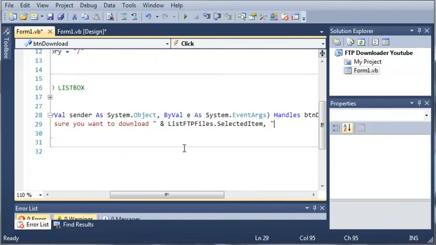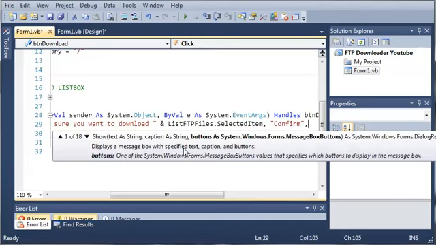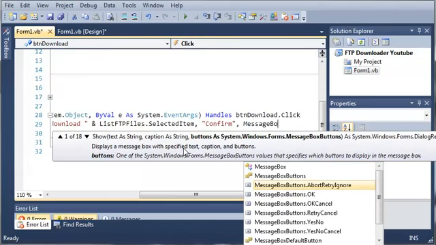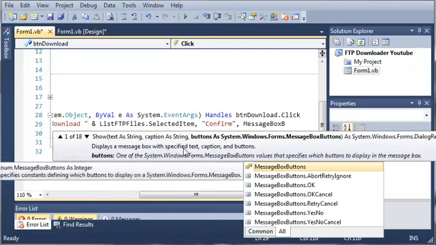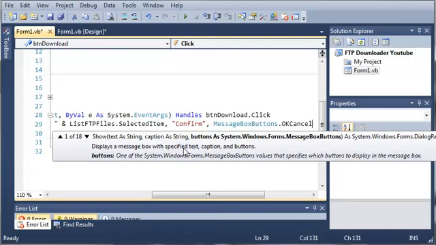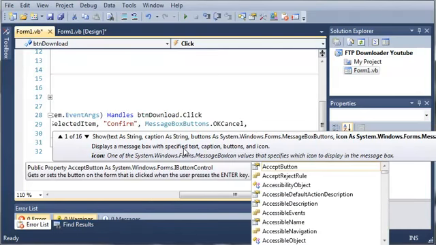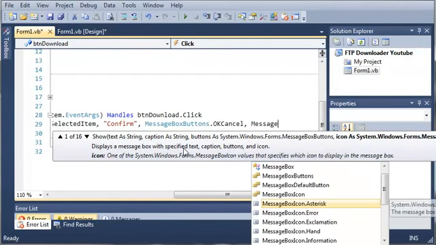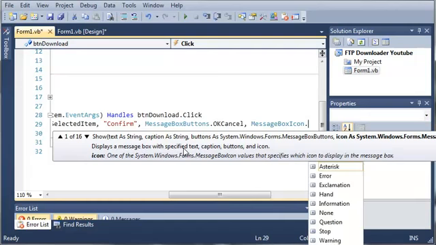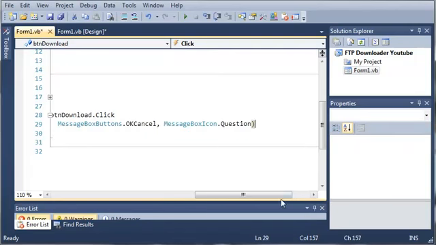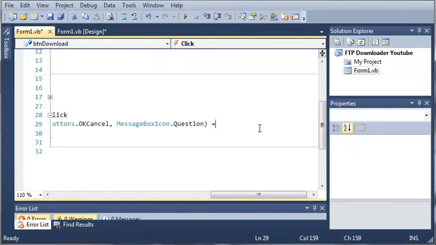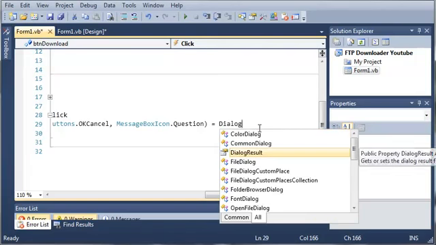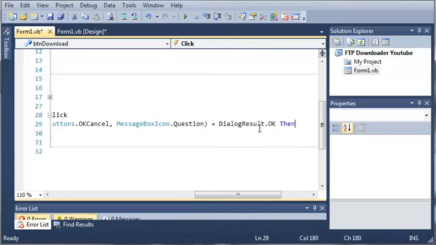And for the title, let's just say Confirm, and then we'll do MessageBoxButtons.OK and Cancel, so they can press OK or cancel the download. And for the icon, we'll just do MessageBoxIcons dot, and let's do a question. Okay, so if this message box is equal to, so if it equals DialogResult.OK, then what do